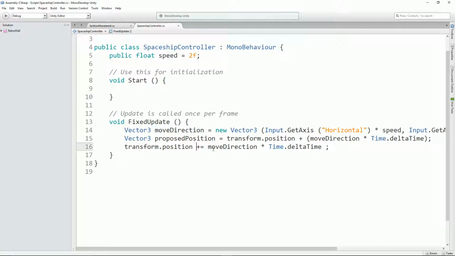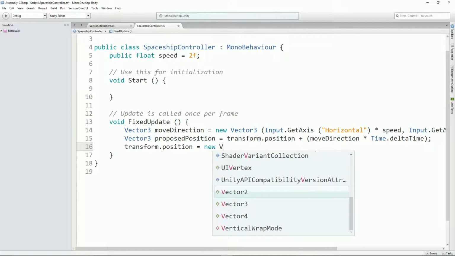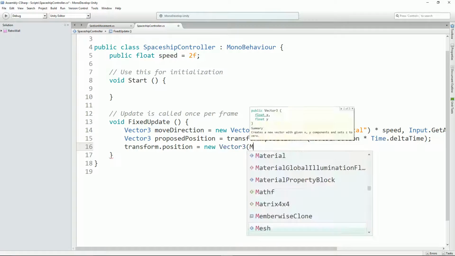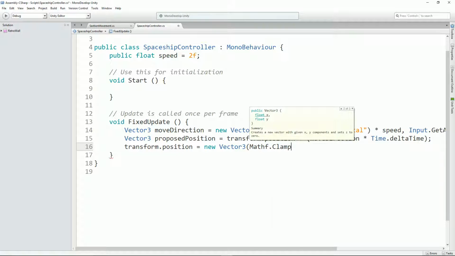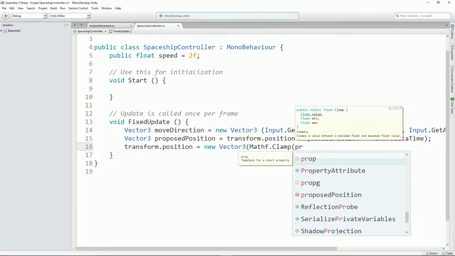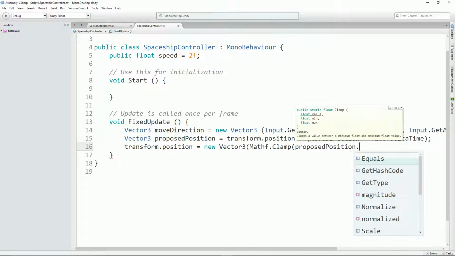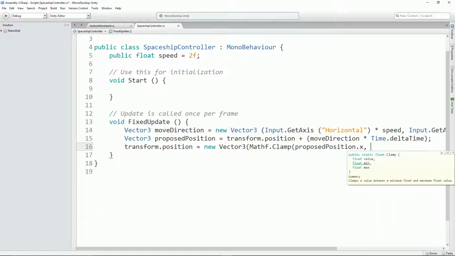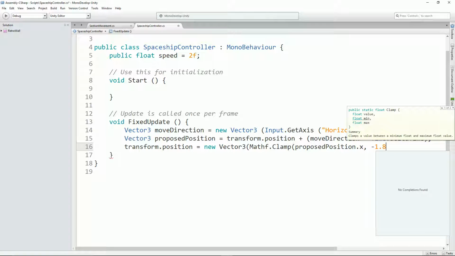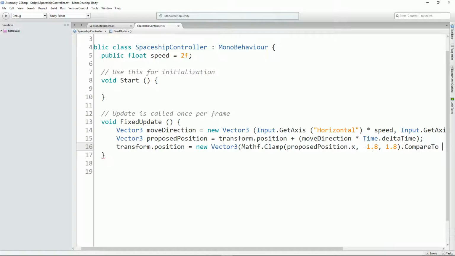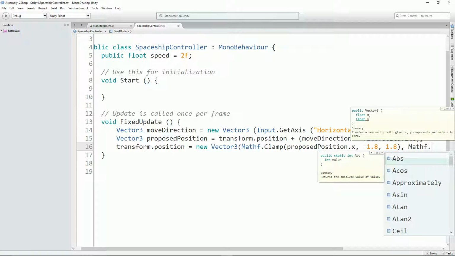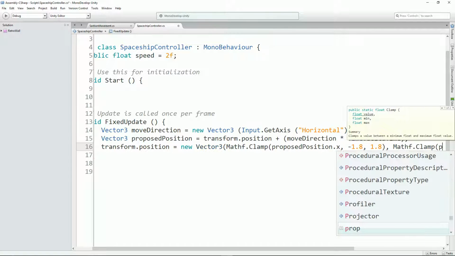So what we'll do here is we'll say equals new Vector3, and we're going to say Mathf.Clamp, and it's going to be proposedPosition.x. So that's the field we're going to be clamping, and we need to say a minimum and a maximum. I did a little work on this earlier on. I think I worked out that something like minus 1.8 to 1.8. So we're saying the x can go between minus 1.8 and 1.8. And then again for the y, the same rules apply. Mathf.Clamp, brackets, proposedPosition